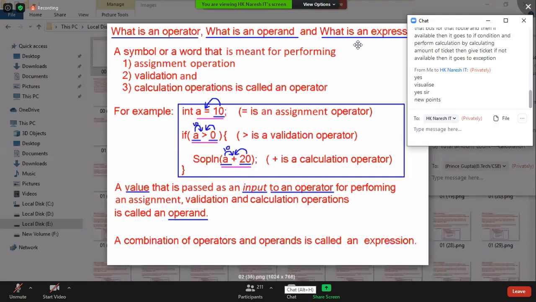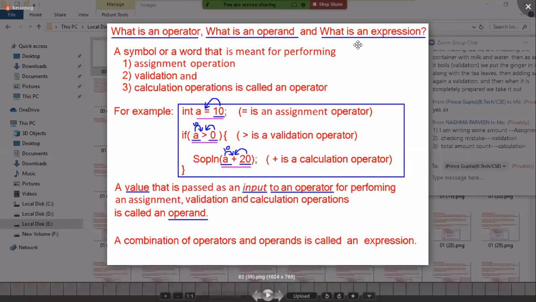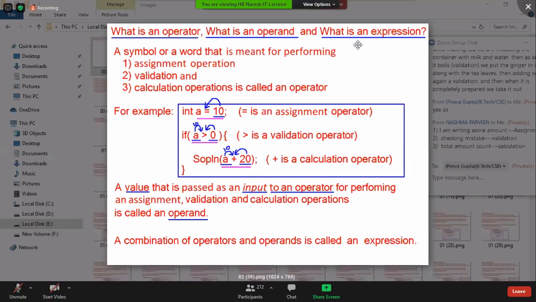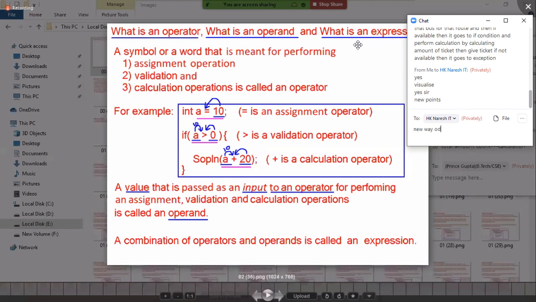Okay, if you learned all these points, it's wonderful. Because in my class, most of the people are non-IT background students who don't know anything about any programming language, so they should also know all these points. If you already know them from your academics, it is a revision. So please try to participate, and you can give me any new points. If your lecturers explained some new points other than what I am discussing, you can give me those points in the comment section. I'm ready to accept, and I'll share them with other people.